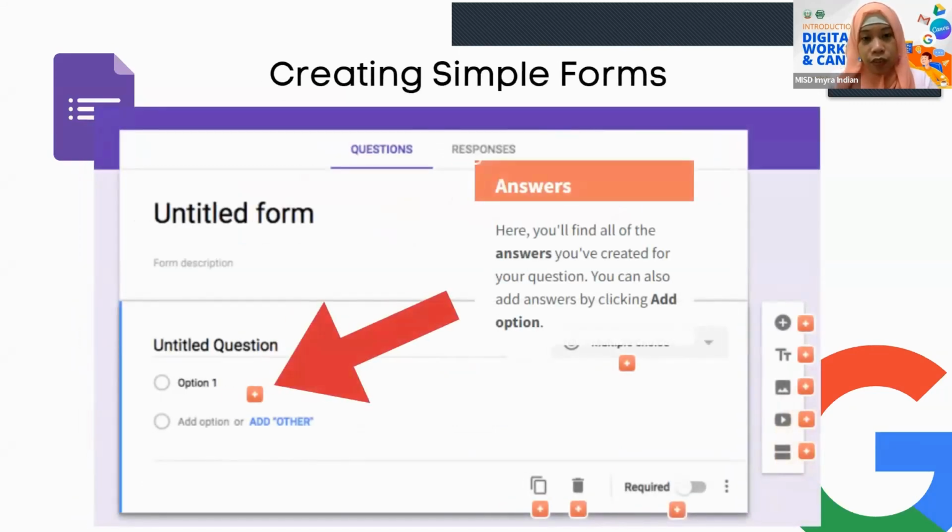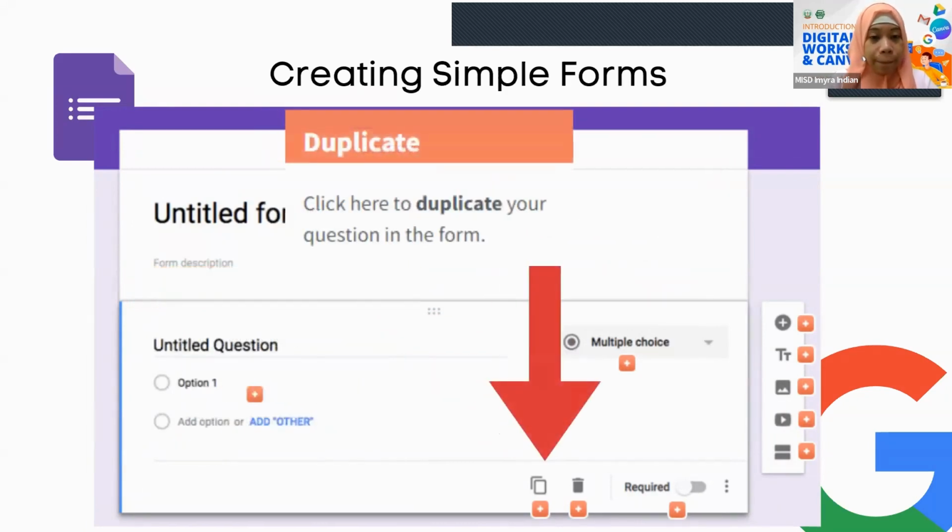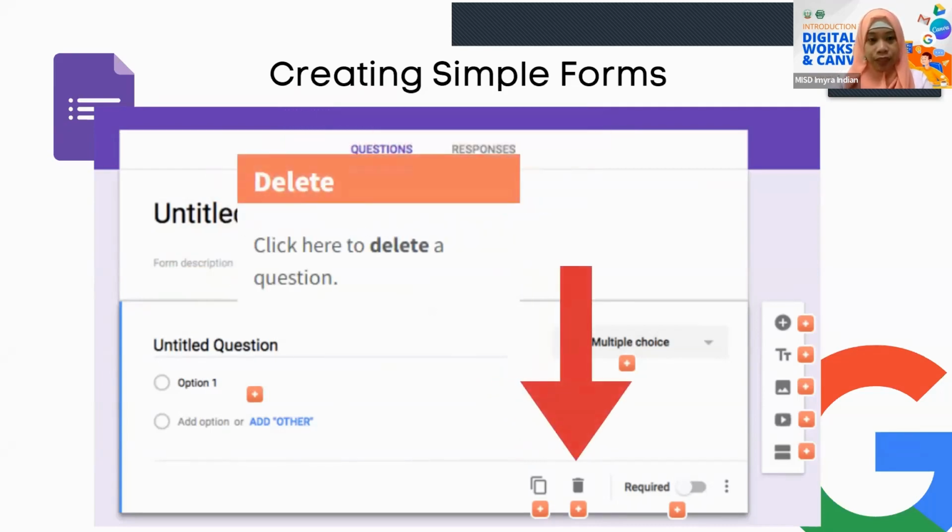So first, let's identify the different parts of creating a form. So we have here the answers for your form. Next is the question type. It can be multiple choice. It can be linear choices or rating, it can be essay type or short answers. Also, next, the duplicate, if you want to duplicate the same type of format in your form. Next, the delete button, if you want to delete the question. Next,